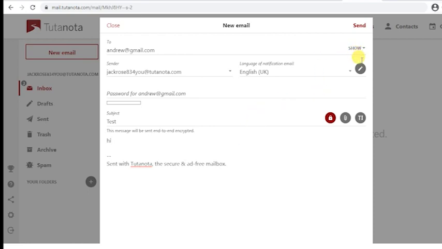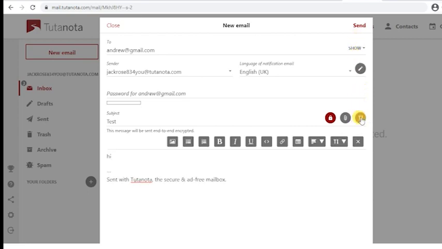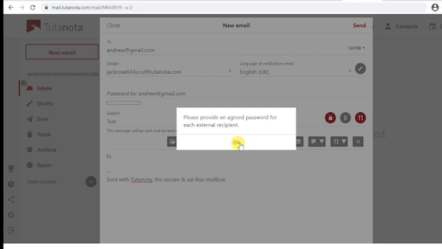So this is the password that I am using to encrypt the email, and this password should also be with the receiver. So this is a secure email mechanism. We can say it's a high security embedded email service.